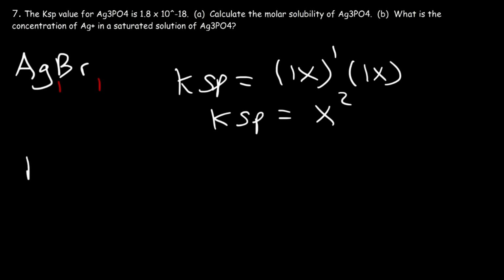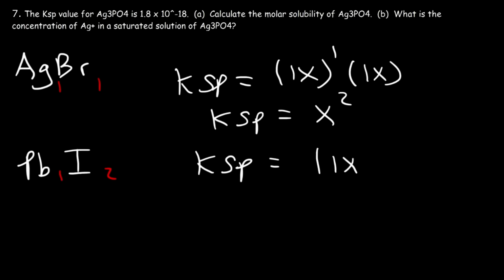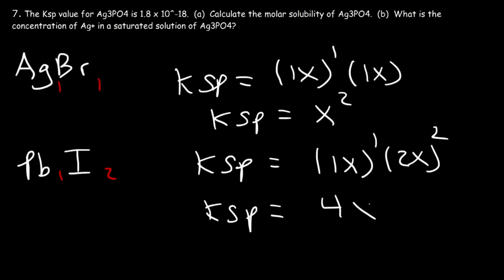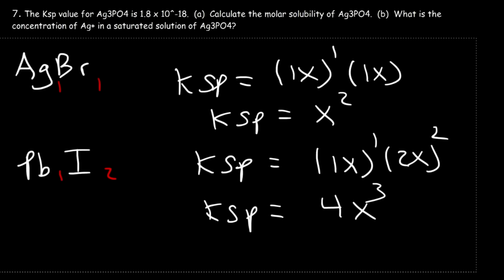Now for the second example, it was PbI2, or Pb1I2. So to calculate the KSP expression, for Pb it's going to be 1x raised to the first power. For I2, 2x raised to the second power. And this gave us this expression. KSP is equal to 4x cubed. So now for our third example,